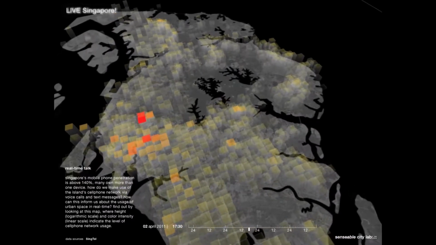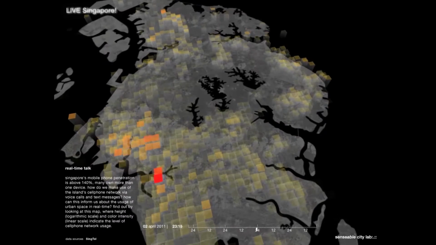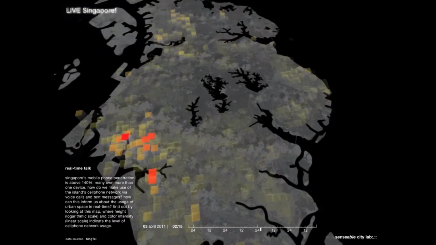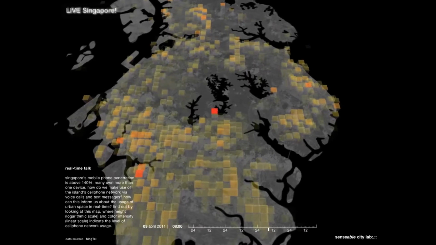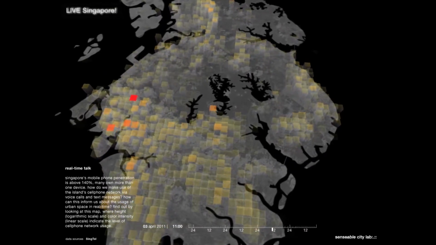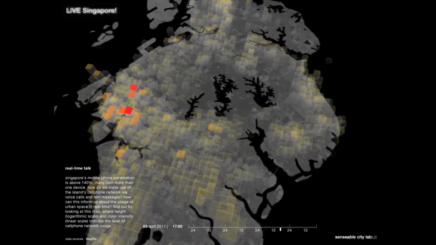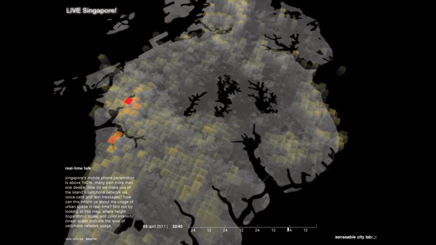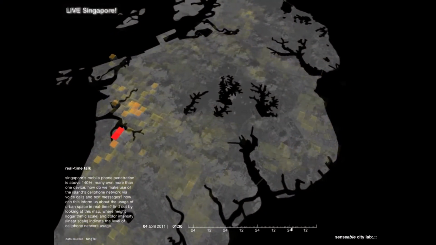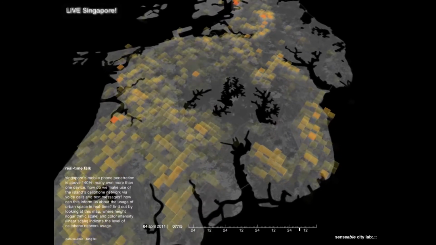And then one thing that we actually discovered, which was completely outside of our expectations, is we were looking at a couple weeks of activity, and then we were seeing, for about an hour or two every Sunday afternoon, this massive spike just occurring out of nowhere in the Little India neighborhood. And I thought, this can't be right, because it was a bigger spike than we would actually see in the business district at any time of day. I said, this has to be an error. Let's look at the code. Let's look at the data.